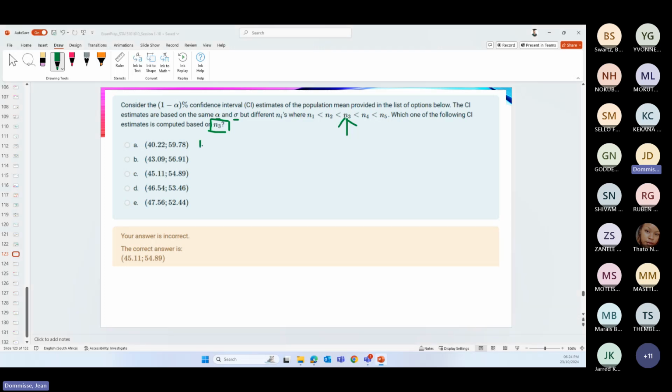The first one is 19.56, then 56.91 minus 43.09. That is 13.82. Then 54.89 minus 45.11, 9.78,